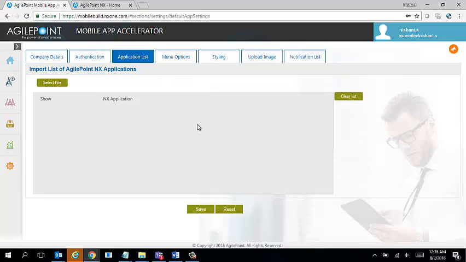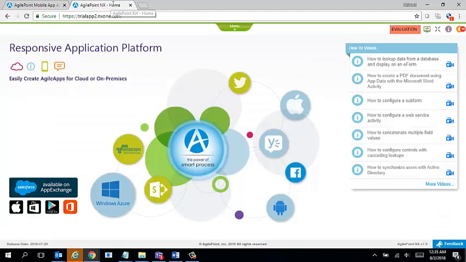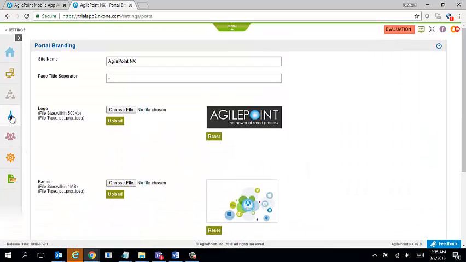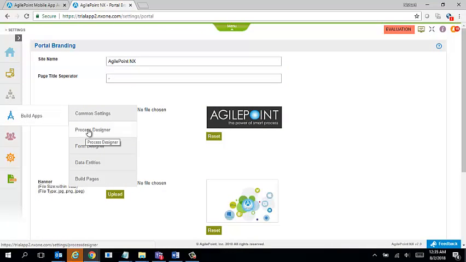Next, I can provide it a list of applications which are available in my AgilePoint NX portal. I can import this multiple times. And what I'm going to do is switch to my AgilePoint NX portal. Going to go to settings, Build Apps, Process Designer.